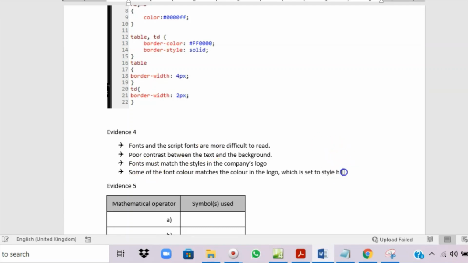Okay, that is my evaluation after creating that web page, after seeing the fonts, after seeing the style,